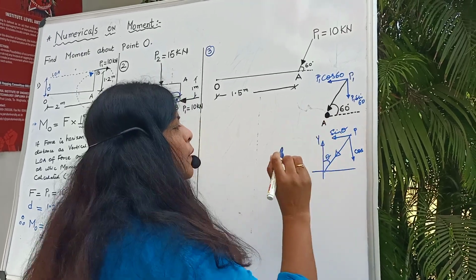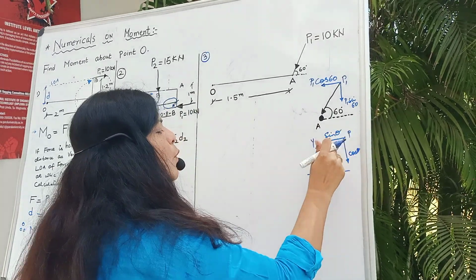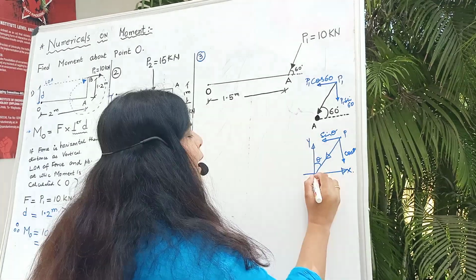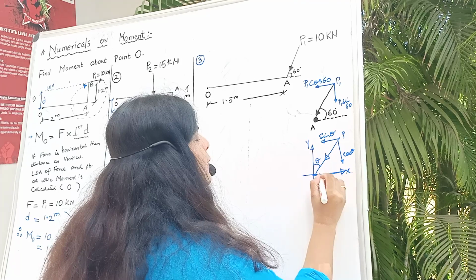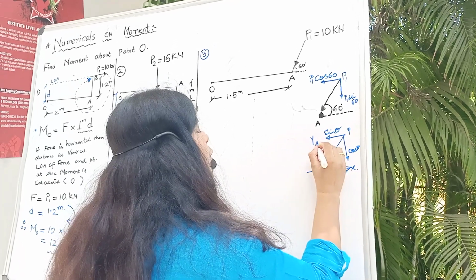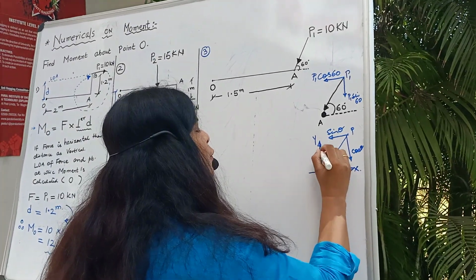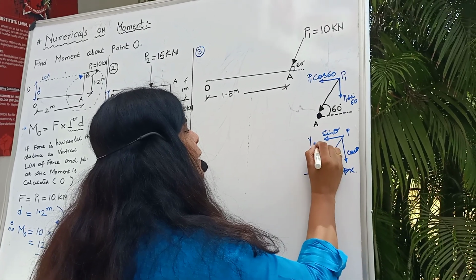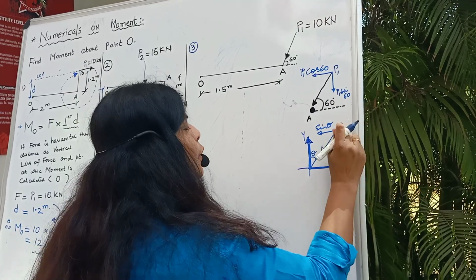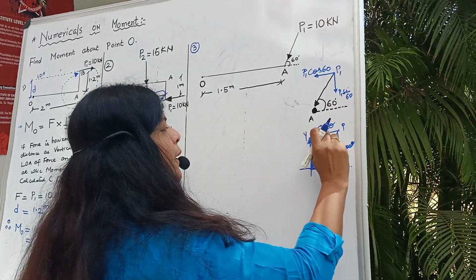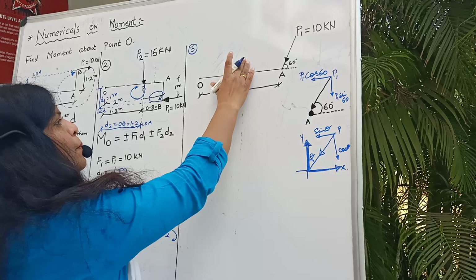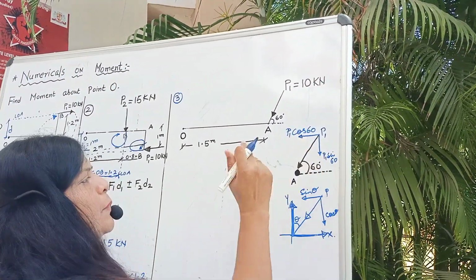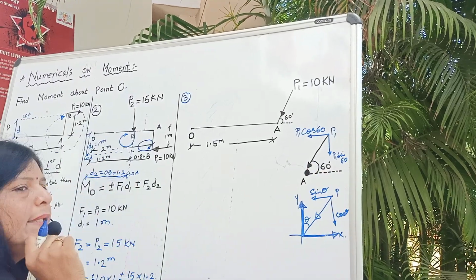So what is to be looked at? That the force is forming an angle with respect to which axis? Okay. In this problem, the force is forming an angle with respect to the y-axis. So your y component is cos and x component is sine. Now in this numerical, the force is forming an angle with the x-axis. So x component is cos and y component is sine.